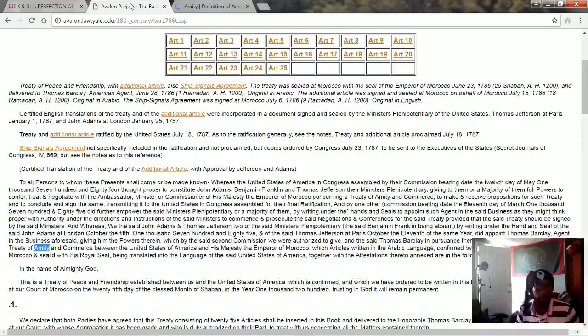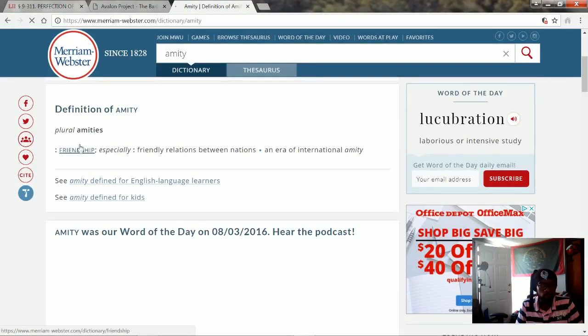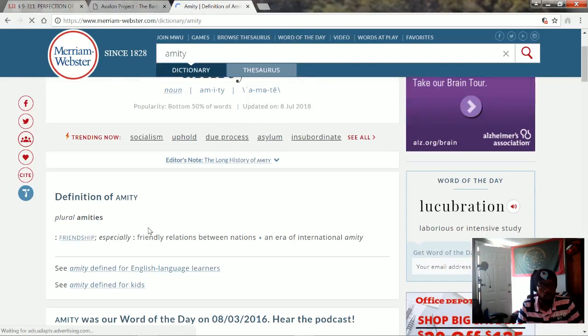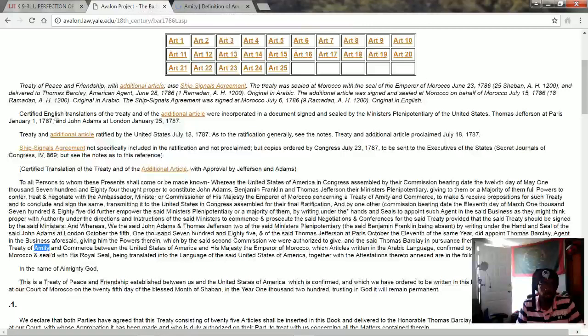So let's see here. Commerce. So what is amity? Friendship, especially friendly relations between nations, an era of international amity. So amity is friendly relations between nations. Okay? So when we see this is a treaty of amity and commerce,